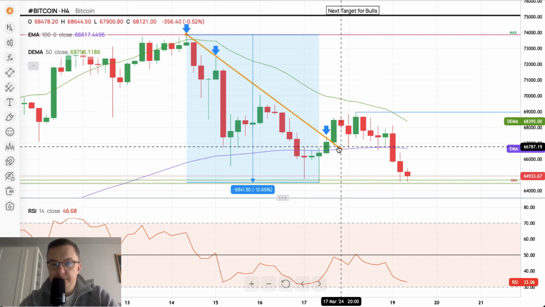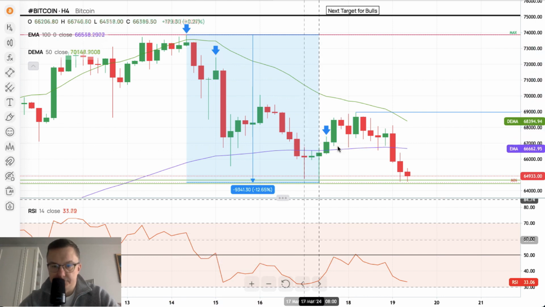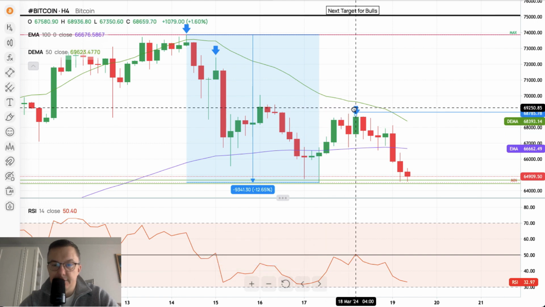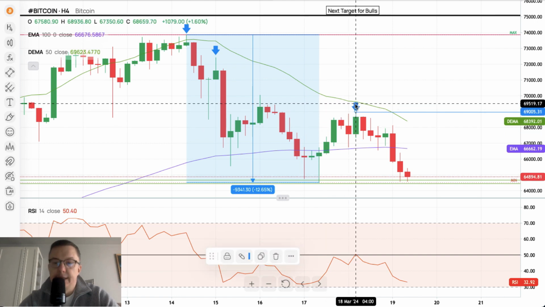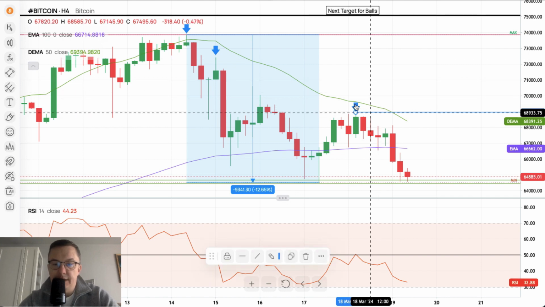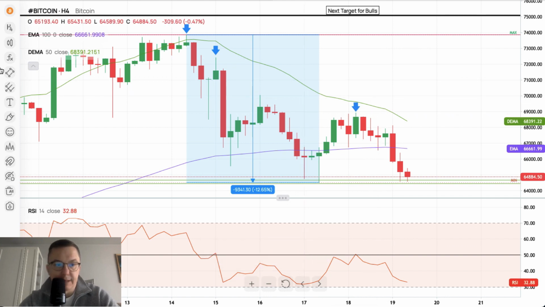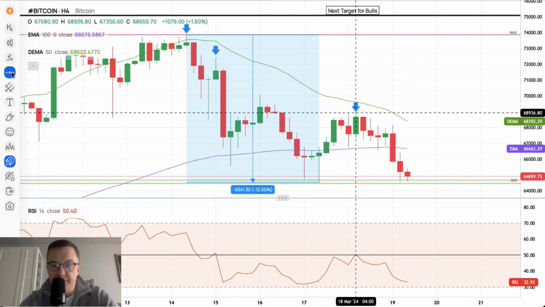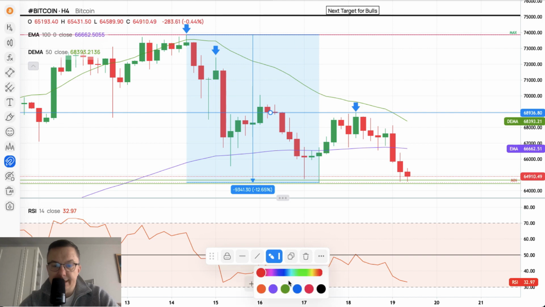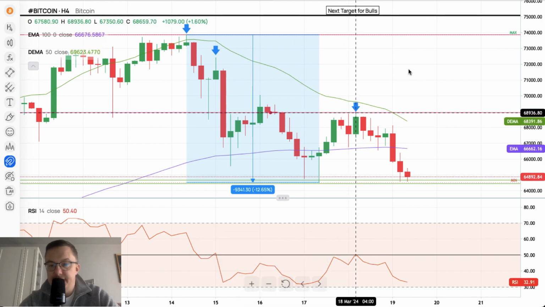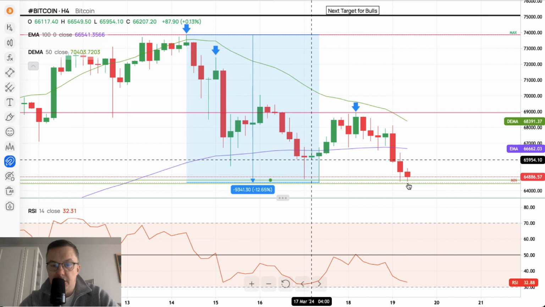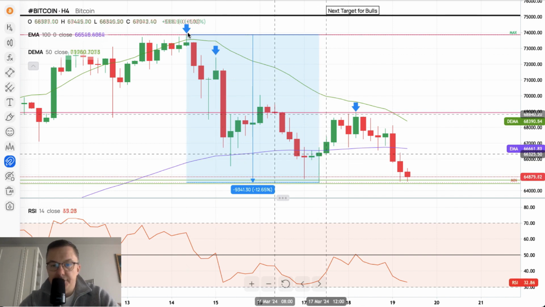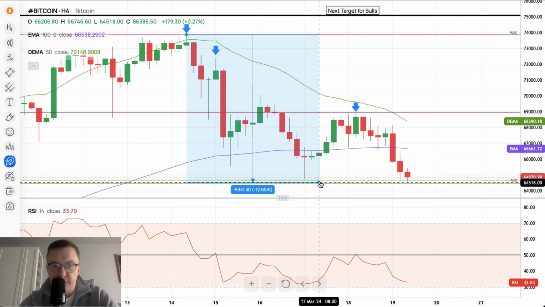So now this line is out. These arrows are not really necessary. I'm going to mark only the recent high. We can mark it again as the horizontal line, because this is now fully blown technical resistance. As you can see, we are testing the lows from March 17, and the overall downside is already minus 12%.